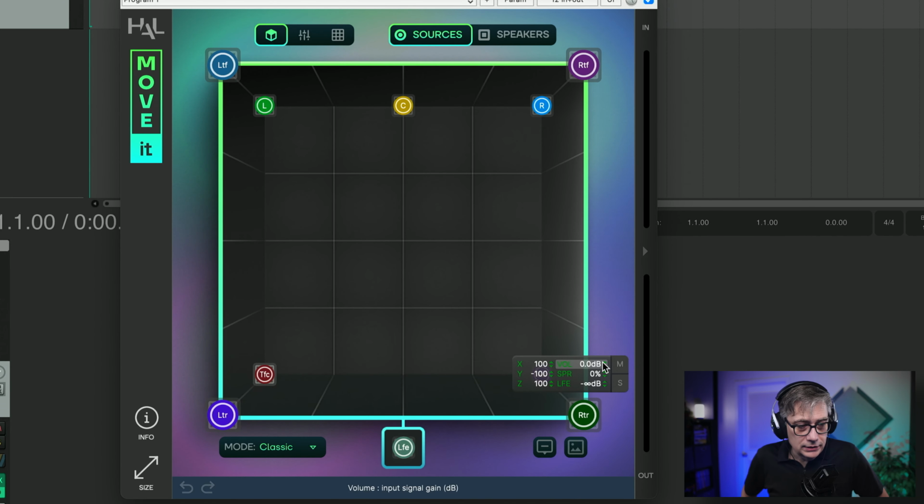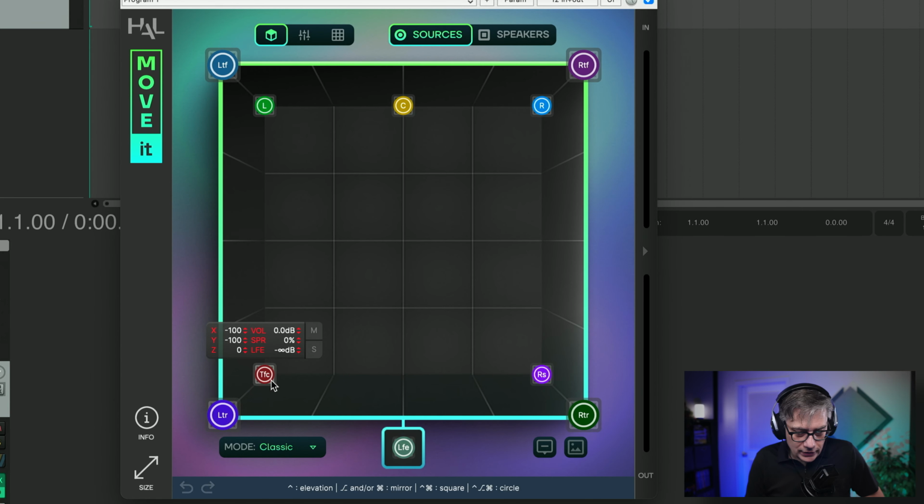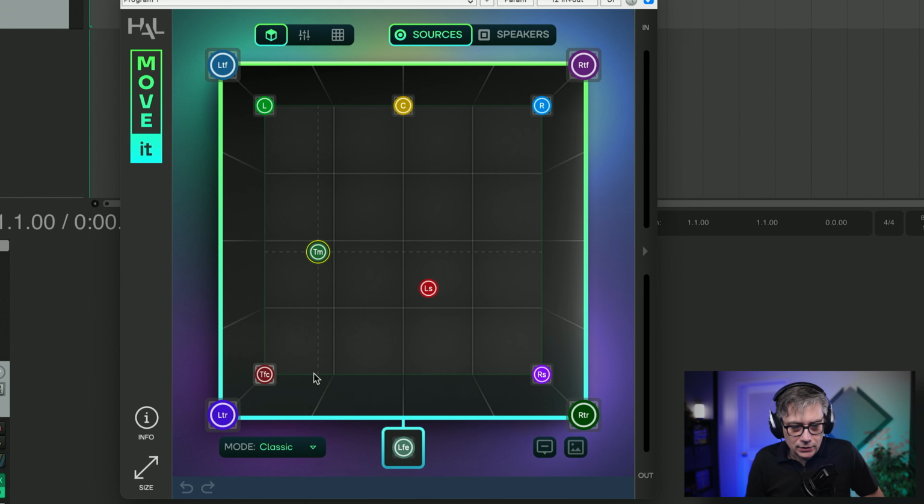5.1.4 plugin. And let's say we are on a 12-channel track, so let's say this is 7.1.4. So the question is, where are the remaining two channels? And the answer is they are hidden here. So if I move that out of the way, I essentially see the remaining ones. The reason for that is that it defaults to a certain channel configuration and you can't really force it into any other channel configuration.